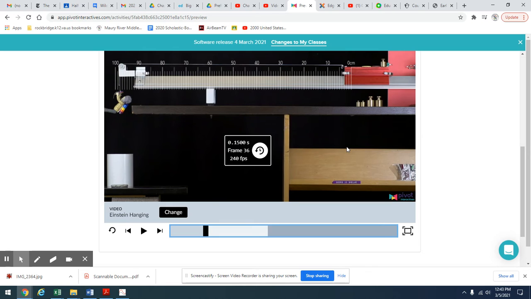That looks like 3 centimeters, 0.03. And then at 0.25, we are at 8 centimeters, 0.08. And then at 0.35,